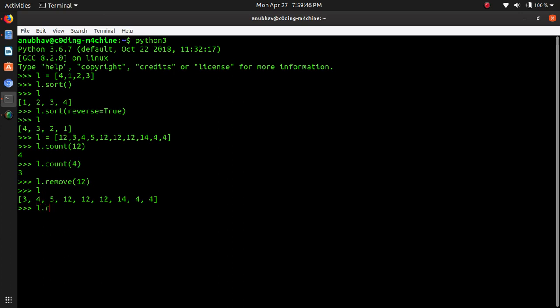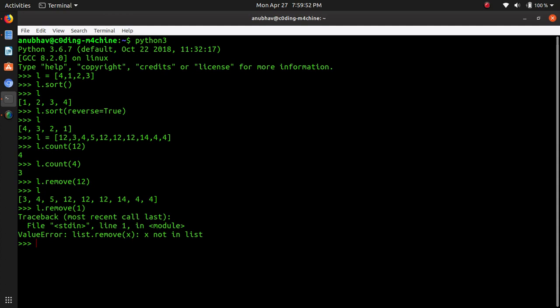And suppose if the element is not there in the list, like suppose 1 is not there, and if I type in 1, you can see it will throw me the value error that x is not in the list, that the element is not in the list. So the remove function removes the first occurrence of that element in the list, and if the element is not there, it will throw you a value error.